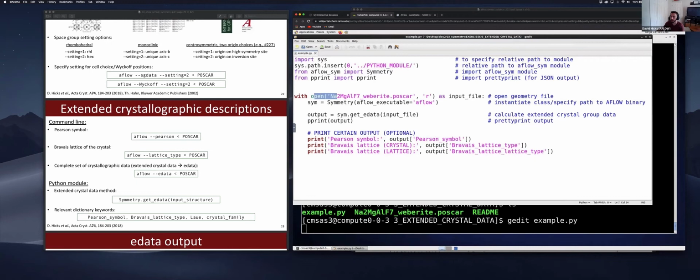You need to input whatever structure you want to analyze. Instantiate the symmetry class, specify the path to the AFLOW binary. And the only thing that's going to be different is you're going to use this get edata method for calling it. And we're going to print the entire output, and then we're going to target particular